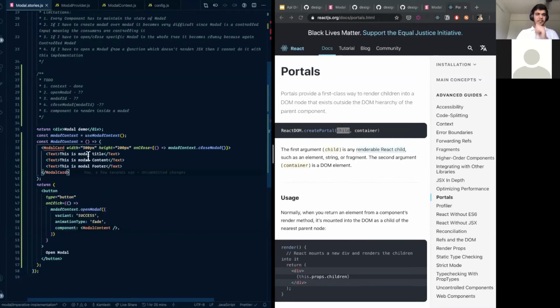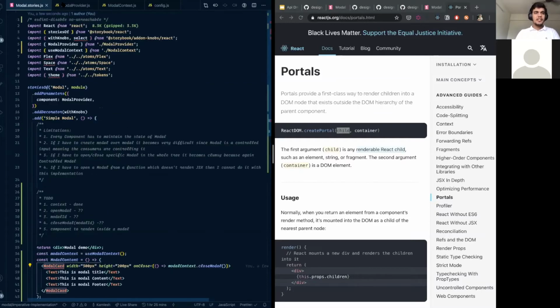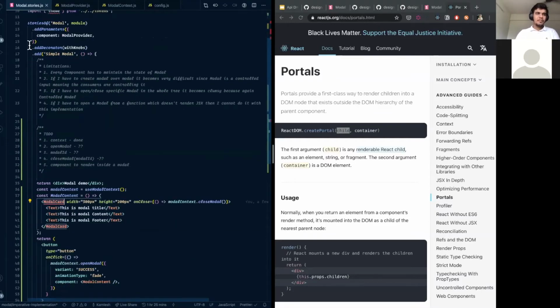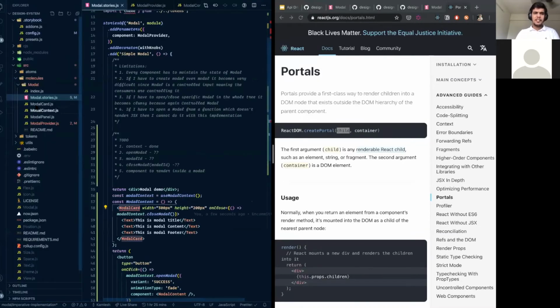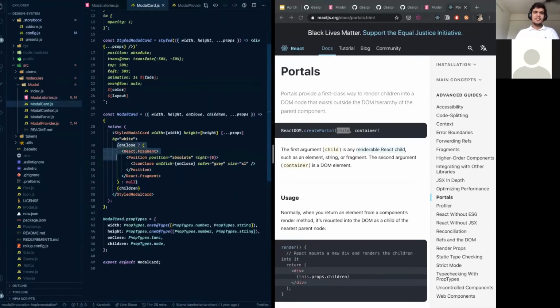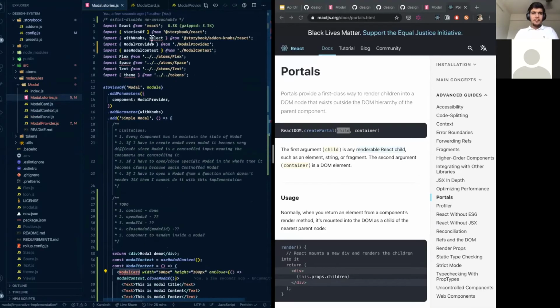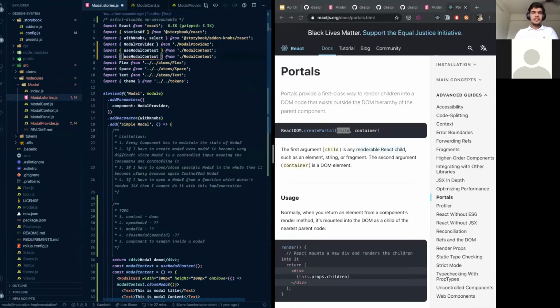All right, just for the sake of simplicity, I've also created this component called model card, which is nothing but a thing that would be run inside your model screen. It has a few things, like on close. If you have on close, it will show the close button. This is nothing but a normal div which accepts height, width, and an on close property. So let's import that as well. This model card.